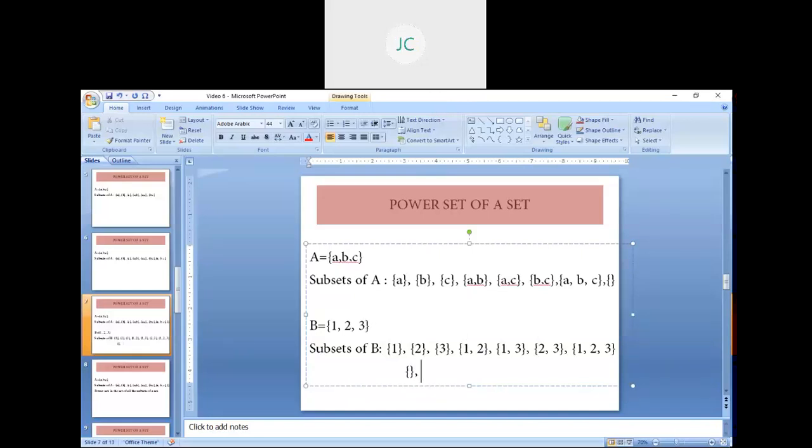Then write the subsets of a capital B whose elements are 1, 2, 3 and 4. Now write the subsets of capital B. You can use your copy. I am giving you 5 minutes of time. You can write. Try to solve, try to write the subsets.